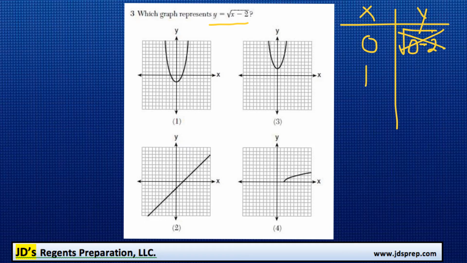When x equals 1, we're going to run into the same problem because 1 minus 2 is negative 1. And we can't square root a negative number, so that's not going to work as well. So immediately we can tell there's only one correct option at this point,